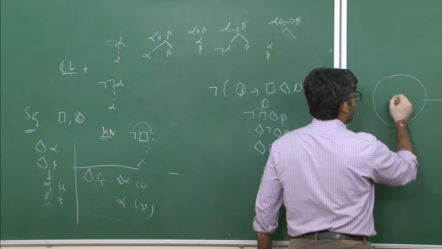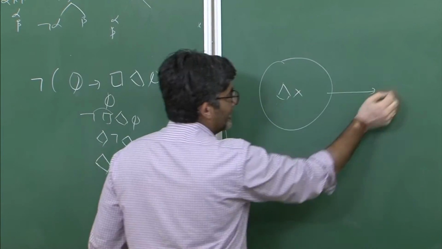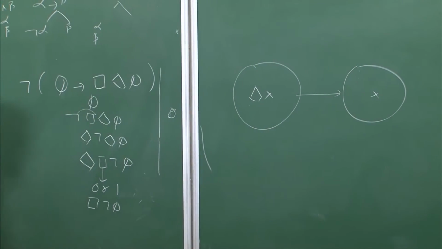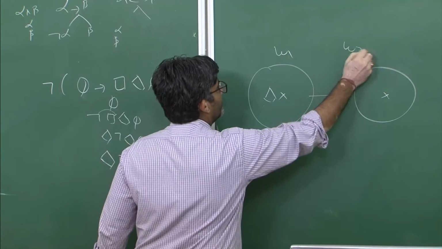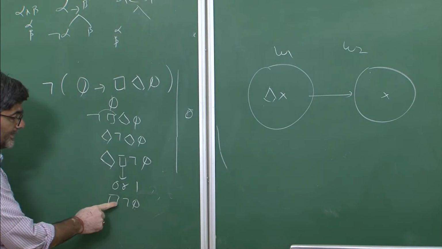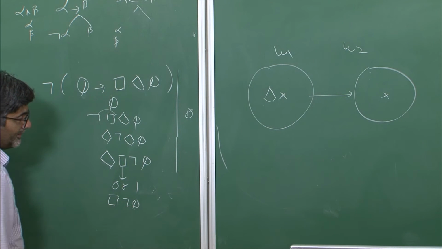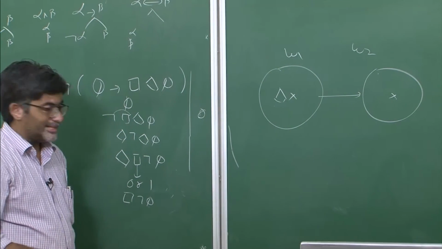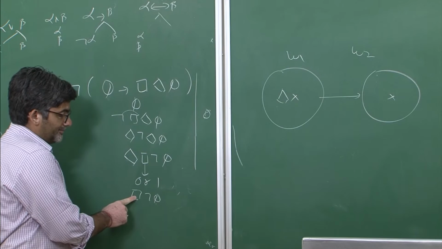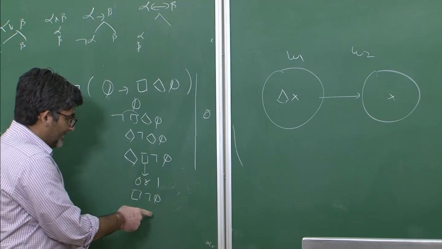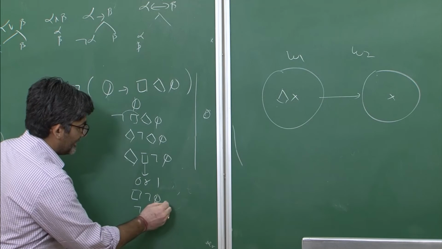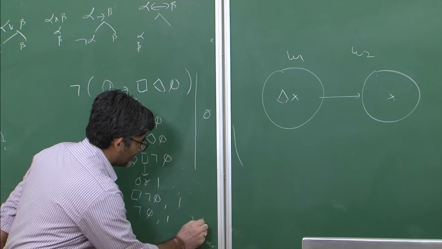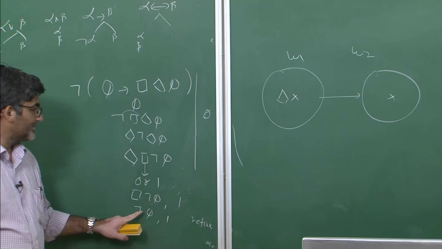So the moment you have possibility of some formula x, you have to go to another world W where this x is considered to be true. So these are different worlds W and W2. Necessity of negation of alpha. Now there is a rule, the T rule, which tells us that whenever you have a formula necessity of not phi, you can simply substitute not phi. Actually this is true in world 1, and this has to be true in world 1. Already it is a reflexive relation. So then only this holds here.